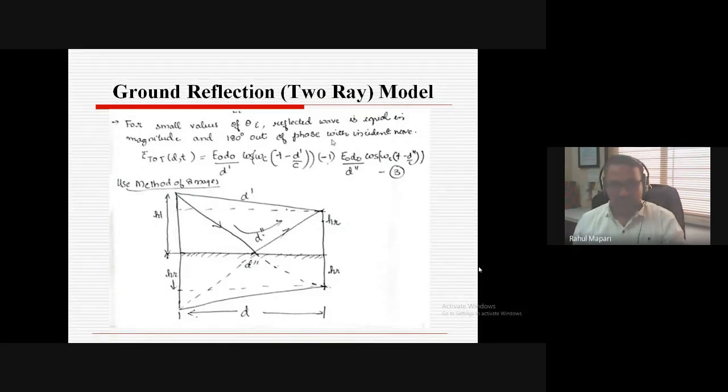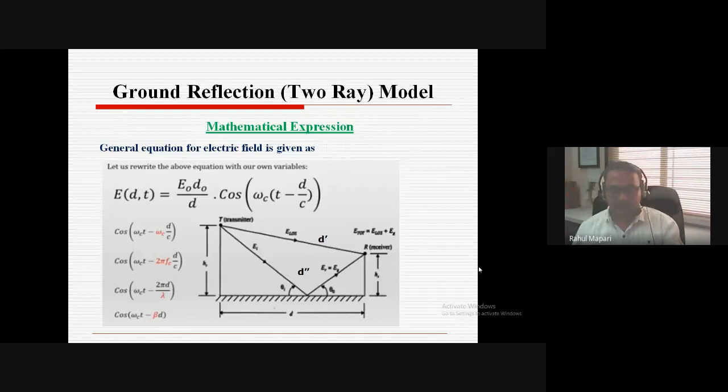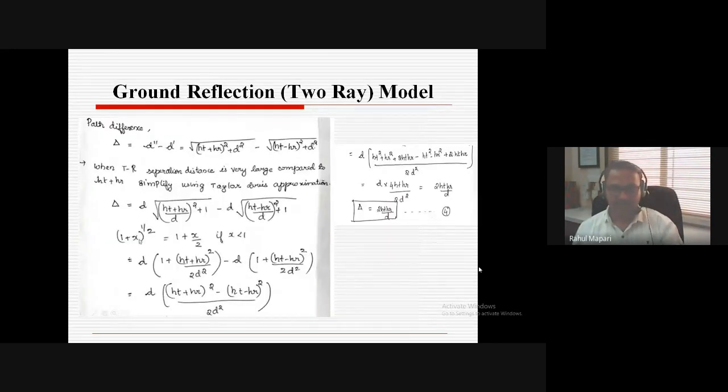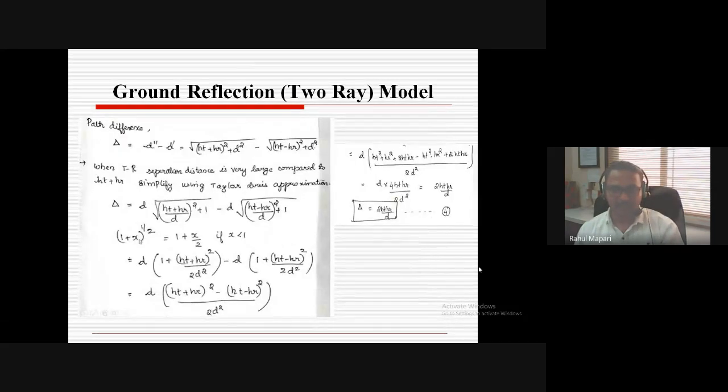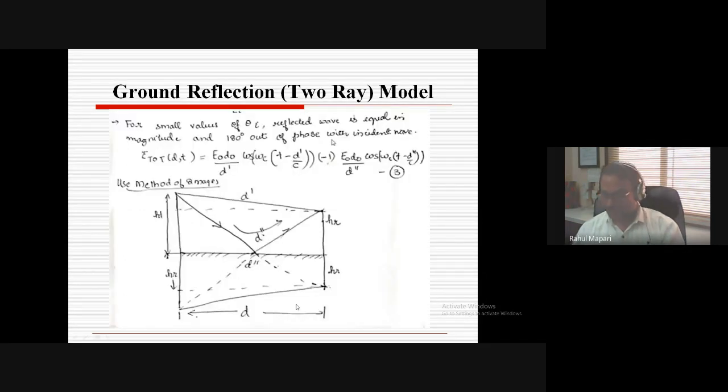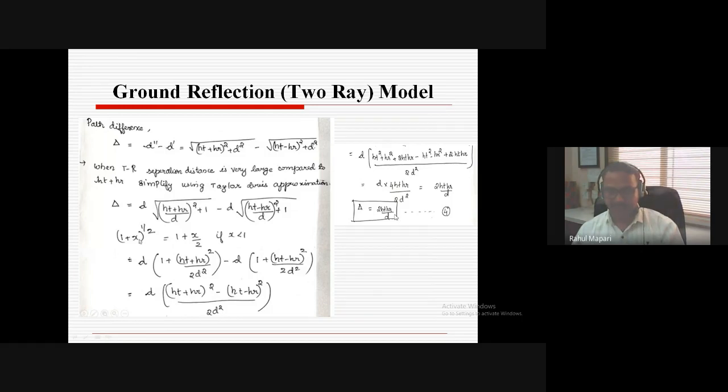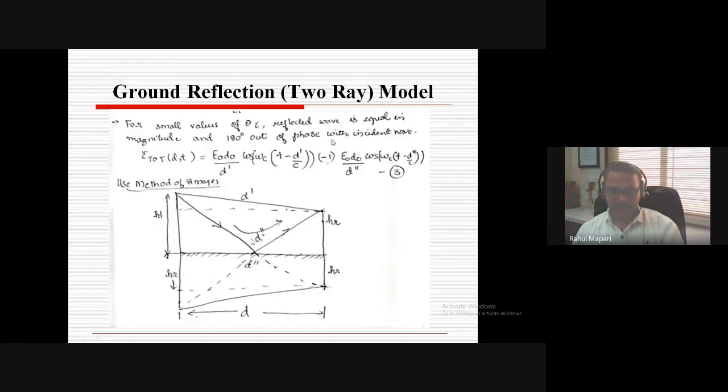Okay, so this is the continuation of the last topic, path difference, and based on path difference, we try to calculate the phase difference. For phase difference, it is necessary to know the relation between the path difference and the distance between transmitter and receiver. So if you imagine it, the distance between transmitter and receiver increases, then this d double dash